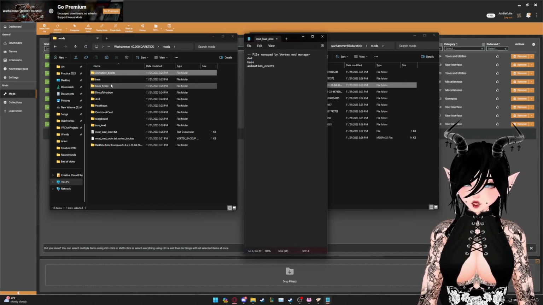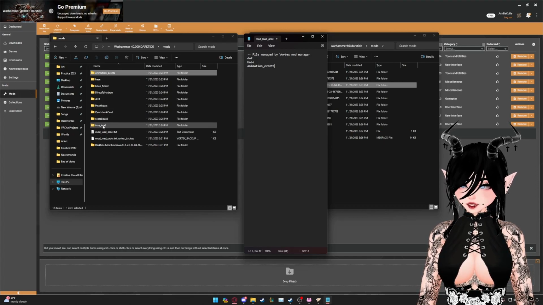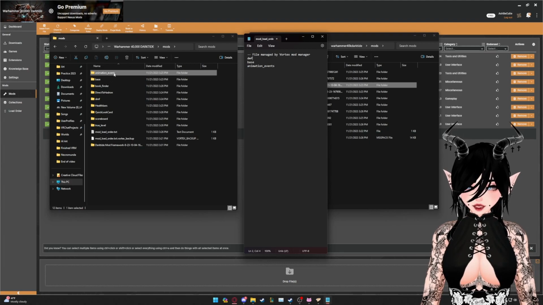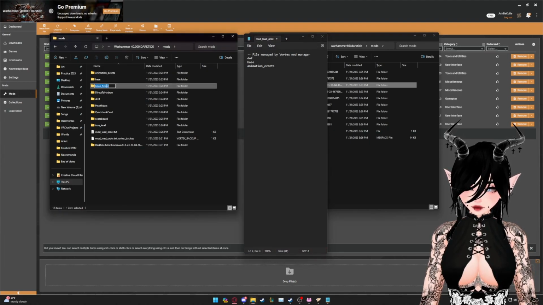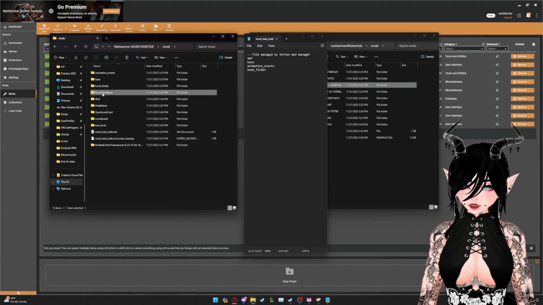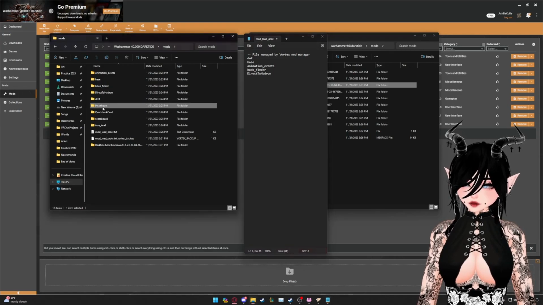If you have any issues, you can always move these orders around, but I like to think about it as things that require the others to load first. So most likely these 3 are going to be needed for everything else. So I've already gotten those 3 in there, and then I'm just going to copy the file name, the folder name I should say, and then just put it in there. We're going to do this for all of our mods.